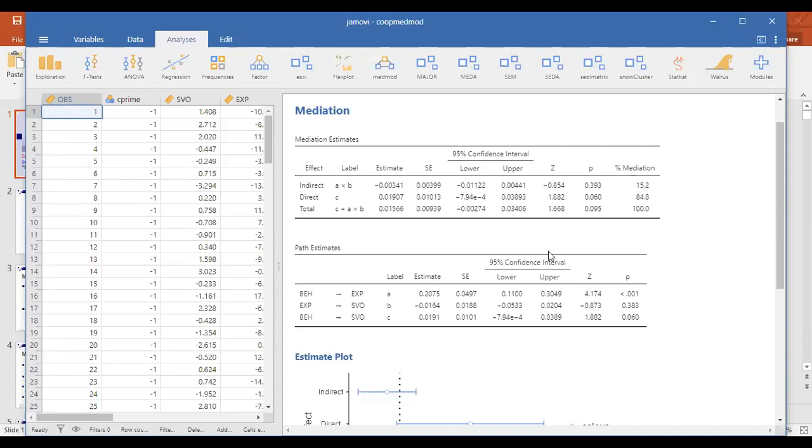Now, the path estimates are here also, in which case they show you the directions, that is BH